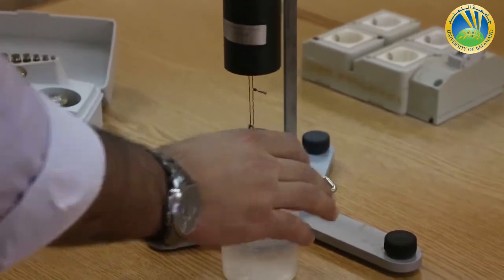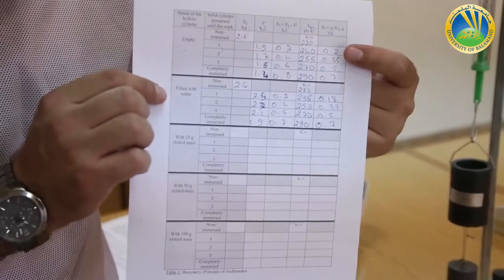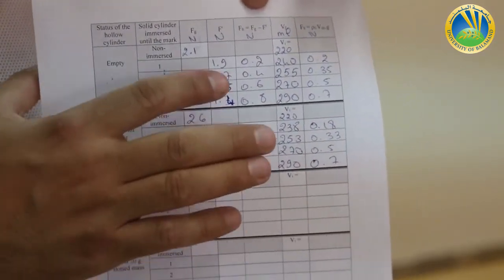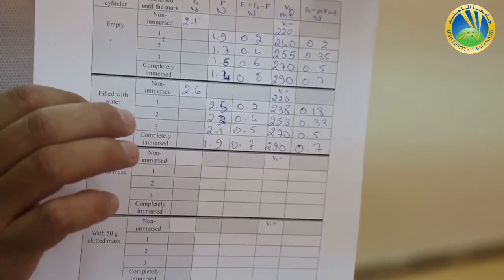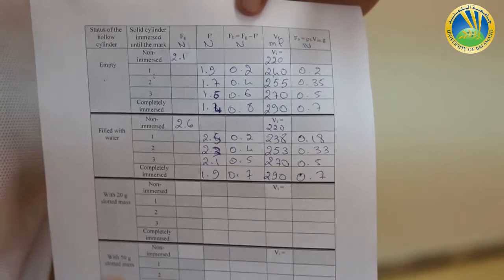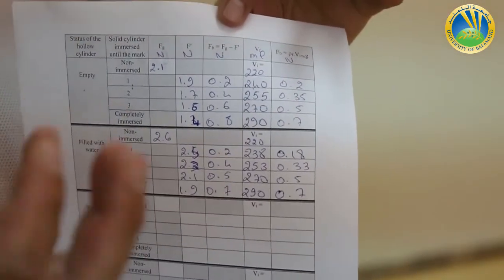So now we did the experiment with an empty hollow cylinder and a hollow cylinder filled with water. If we compare the results of FB from both calculations, we see that FB is almost the same when the hollow cylinder was empty and when the hollow cylinder was filled with water. That proves the statement of Archimedes' principle, that the buoyant force, or FB, is equivalent when we have the same